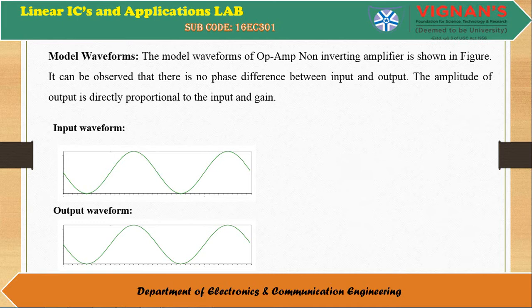Then how do you calculate gain by using the waveform? The definition of gain is the ratio of output signal amplitude to input signal amplitude. So we calculate the amplitude of the output waveform and the amplitude of the input waveform. We take the ratio of these two. It gives the gain of an amplifier. Let's see how we connect all the components with the designed values. Then we check the waveforms in the hardware connection.